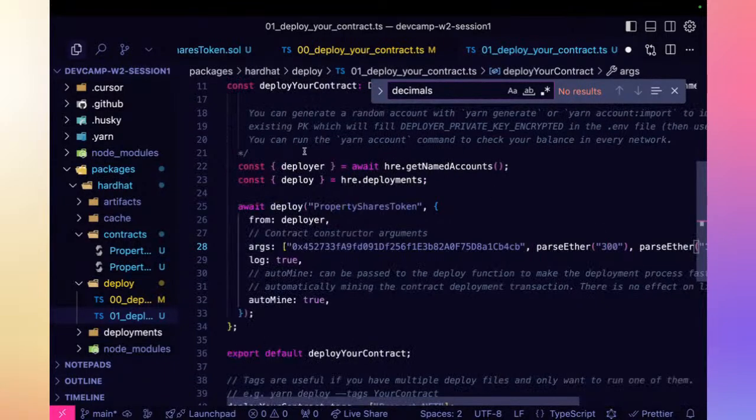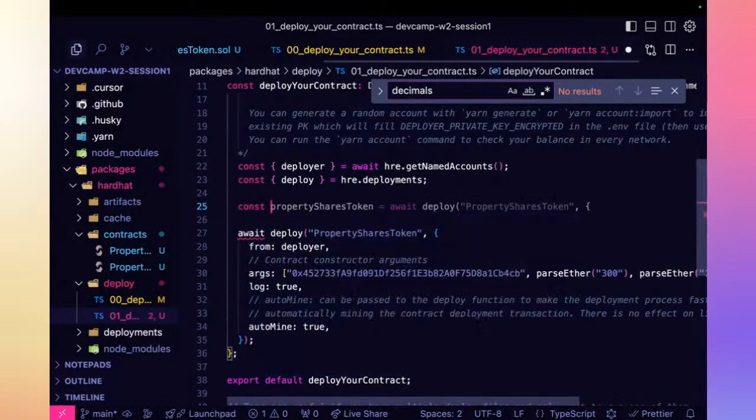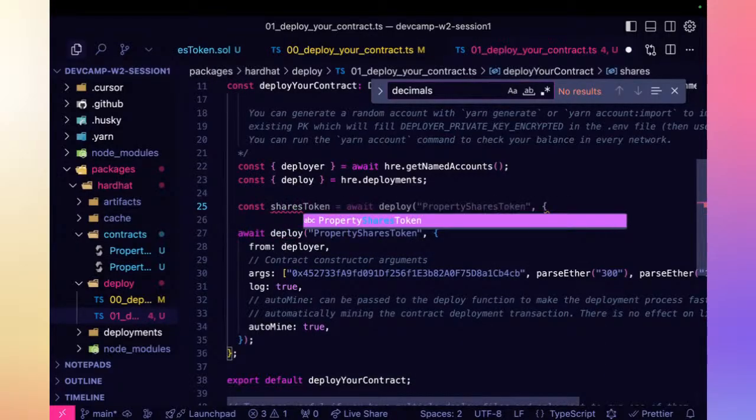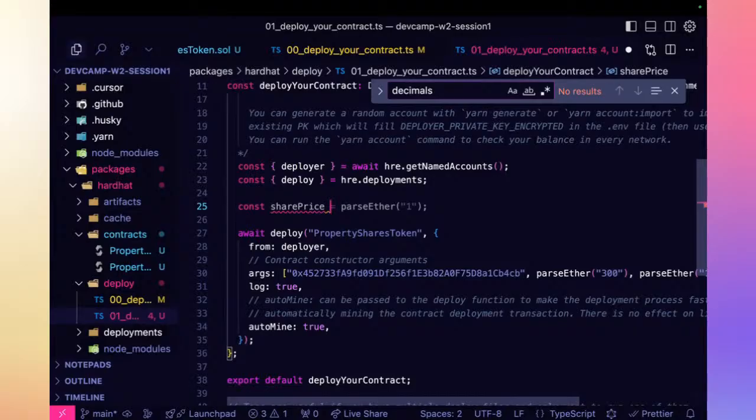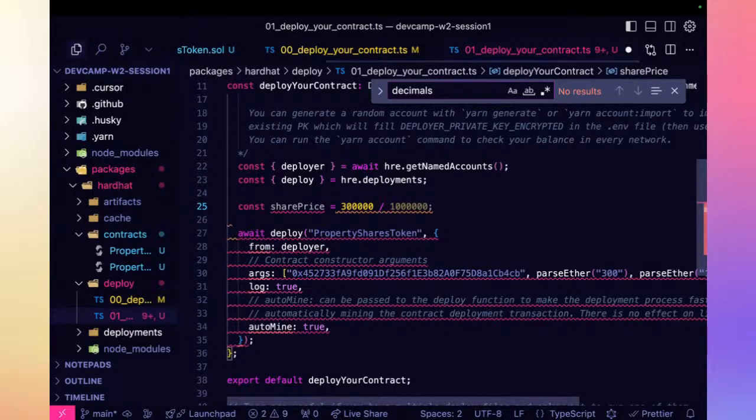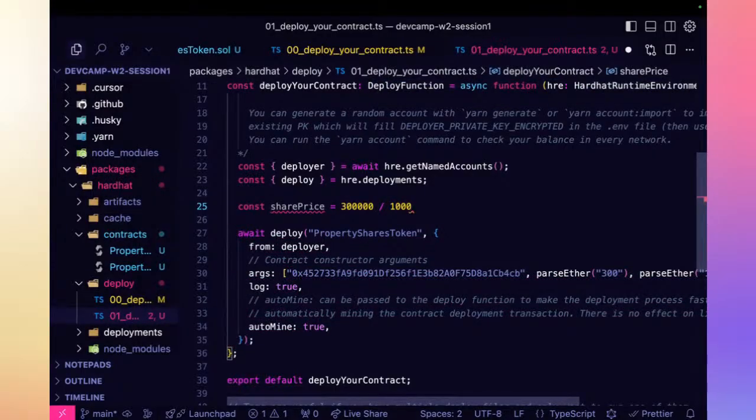I can just put this on here. Const shares, share price. So let's say, I don't know, let's say it costs 300,000 times, it also plays at 1,000.